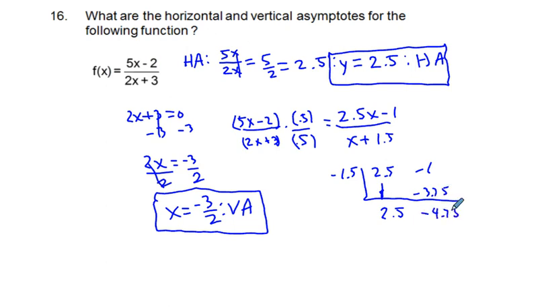So this is going to be our K value, which tells us what our horizontal asymptote is. And then this will be our stretch thing here. But if we set this x plus 1.5 equal to 0, okay, we're going to have x is equal to negative 1.5, which is what we saw earlier here. Okay, next,